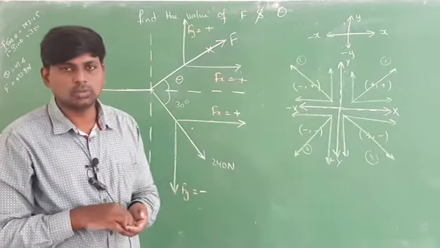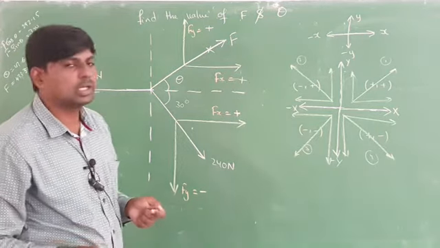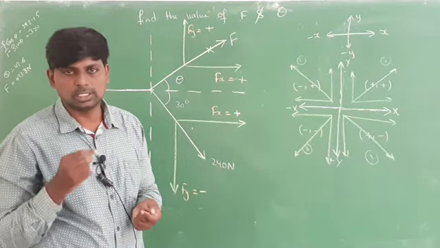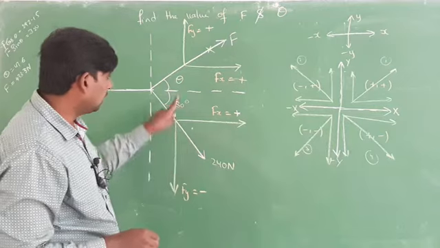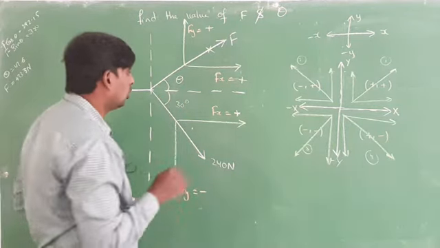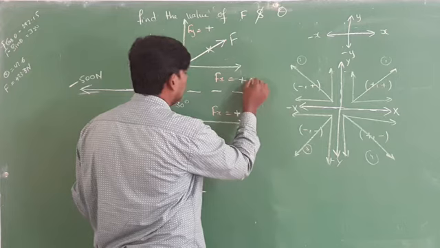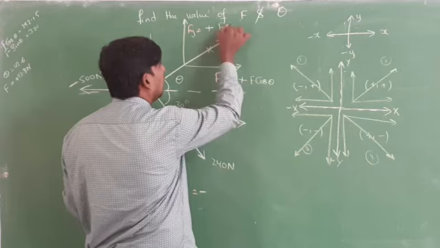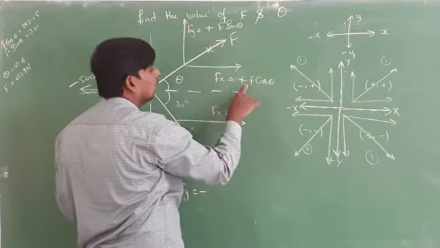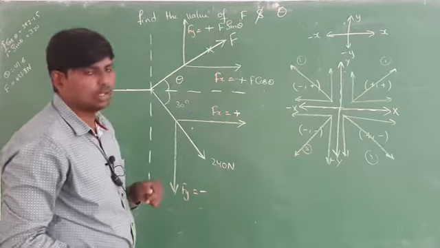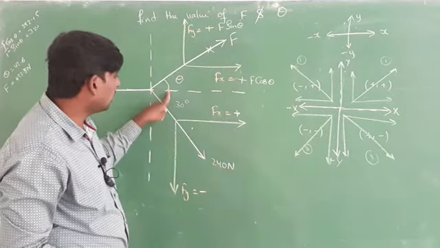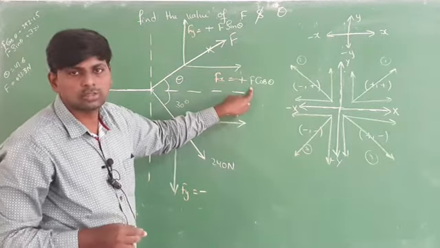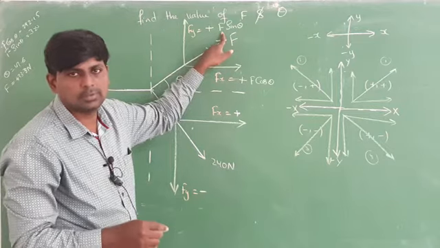After that, next step, two steps are completed. In the third step you have to identify whether the theta is lying with horizontal or vertical. In this case the theta is lying with horizontal. So horizontal component you have to write as F cos theta, and here you write F sin theta, because here the theta is lying with respect to horizontal. So the horizontal component can be written as F cos theta and the vertical component can be written as F sin theta.